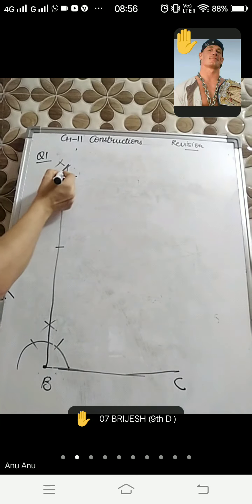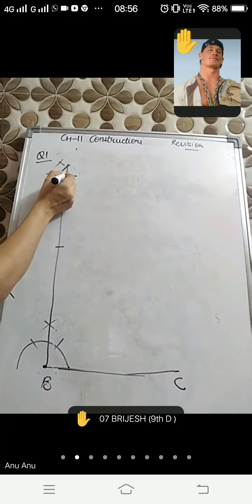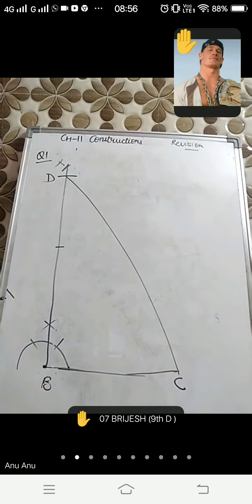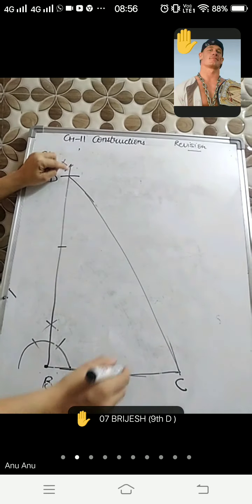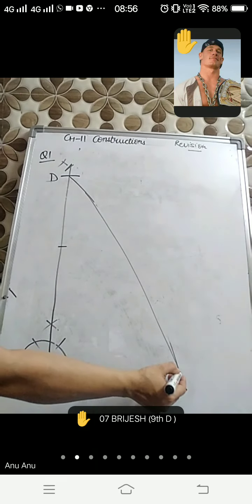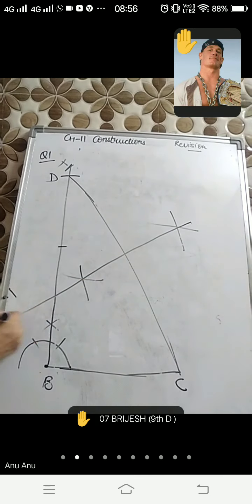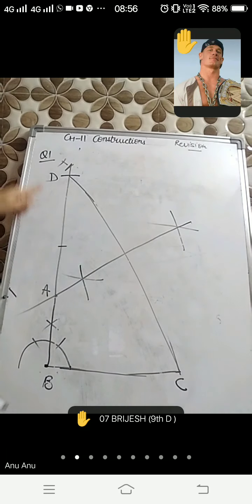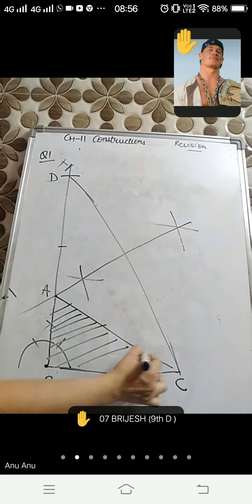This is your 18. Now again you will give it name D. ब्रिजेश बिल्कुल सेम मैनर में जैसे ये वाला कर रहे हैं. Now you will join C and D. You will make the perpendicular bisector of CD by taking the radius equal to half or more than half of CD. So you will draw the arc on either side of this line CD and this point is your A. जो एंगल वाली लाइन है जहां ये बाइसेक्ट करेगा that will always give you the third missing point and you will join this. This is your triangle ABC.